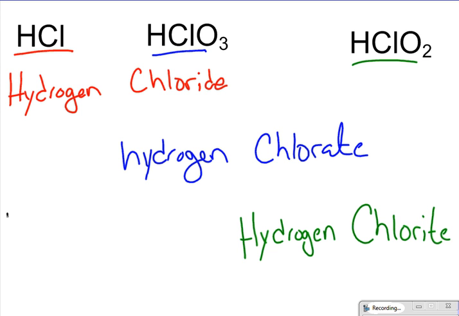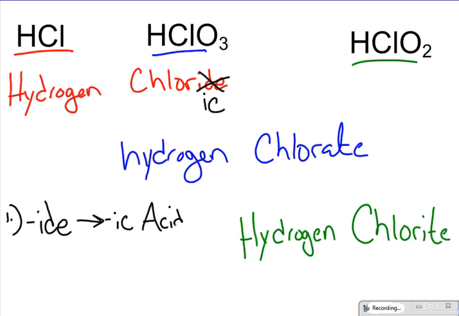So let's start with first, if you have something that ends in ide, if it ends in ide, you're going to drop the ide and change it to ic. And this is the only time that you keep the hydrogen in some sense. Every other time, you're going to drop hydrogen. So ide becomes ic, acid. And we keep the hydro, but we drop the gen part of it. And we make it one word. So this becomes hydrochloric